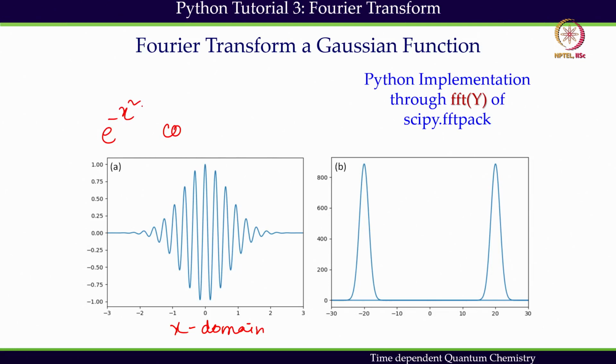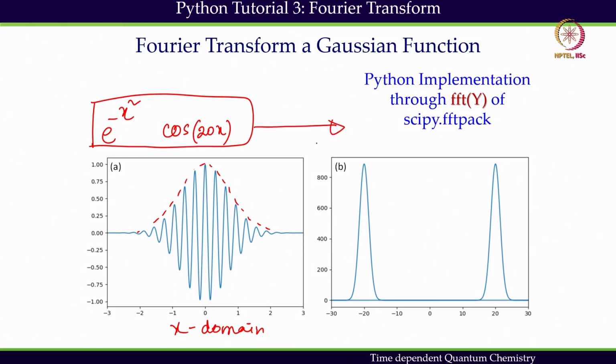This is the Gaussian envelope, and the fast varying component is cos 20x. So, this is the wave function I have, and if we convert it